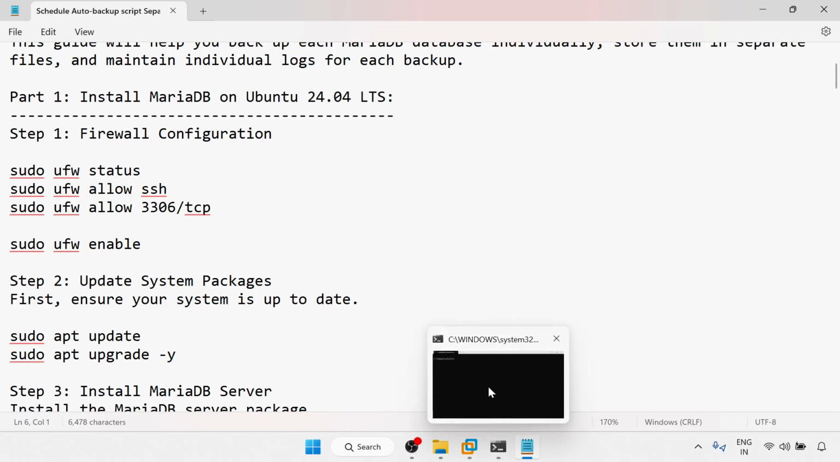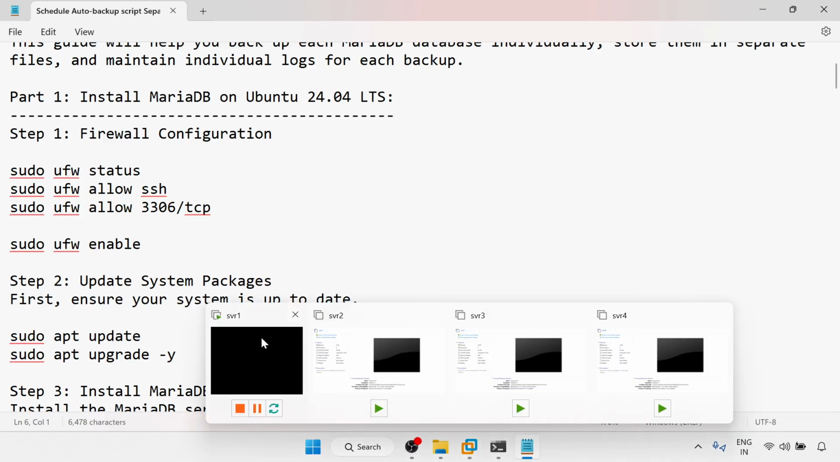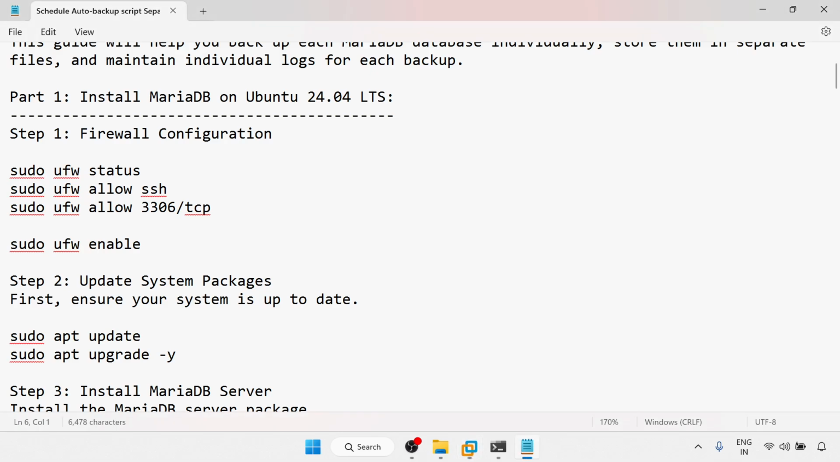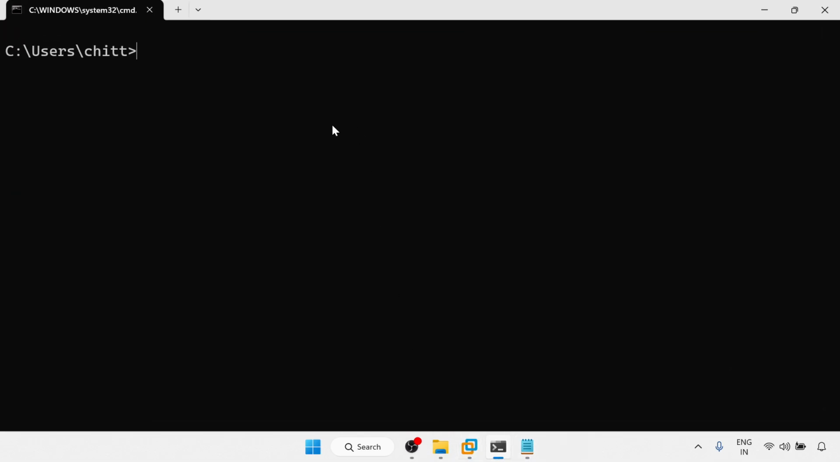So let me open the server. My Ubuntu server is running on VMware Workstation. Ubuntu 24.04 LTS is running there. I'm going to access it through my console, with SSH. DEPT is my user, which I gave while creating the Ubuntu server, and